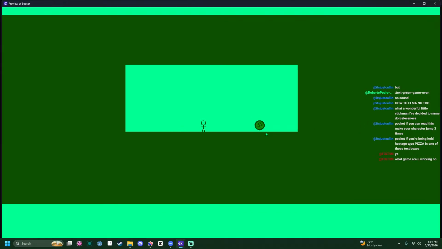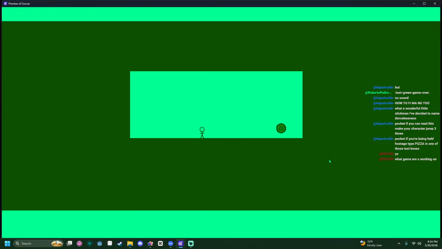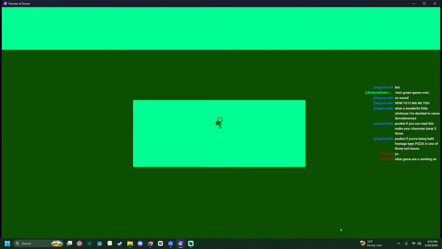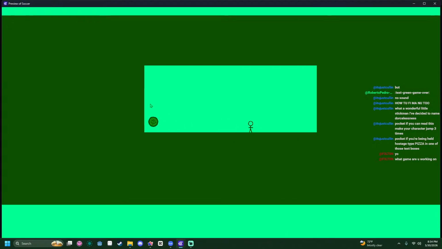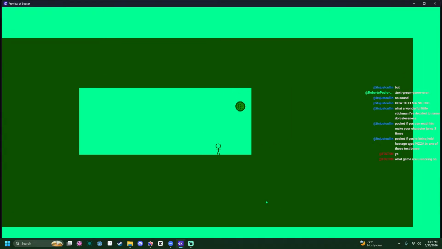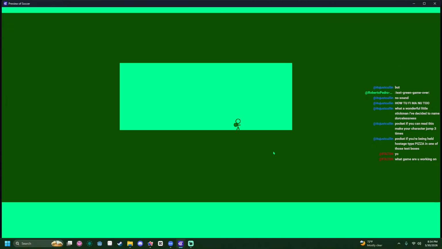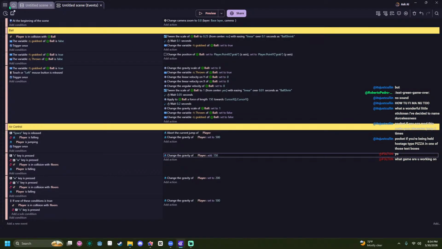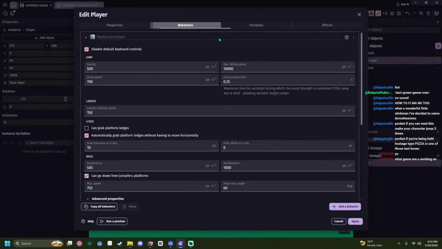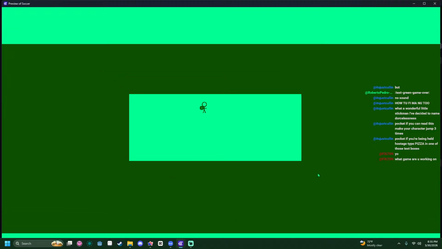What game are you working on? It's a platformer combat game where you throw a ball at enemies and have to catch it. You have to make it to the end with the ball, so you can't lose it. But I started it like 5 minutes ago, so it's not very done. Made some good progress already, though. Honestly, this is working well. Okay, the acceleration can go a little higher. And the deceleration. So we'll do like an extra 200 on deceleration, and we'll bring acceleration up to like 650. It's a little bit better.